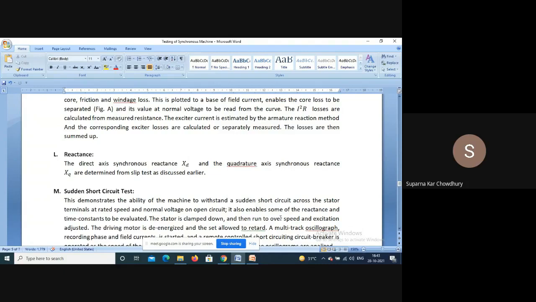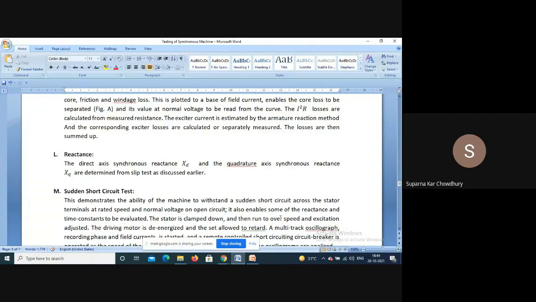Due to this low magnetizing current, the drop in the leads will be small. So the terminal voltage at the motor terminal is maximum: fixed voltage minus a small drop. Under this condition, we measure the direct axis synchronous reactance. Under this condition, voltage is maximum and current is minimum.